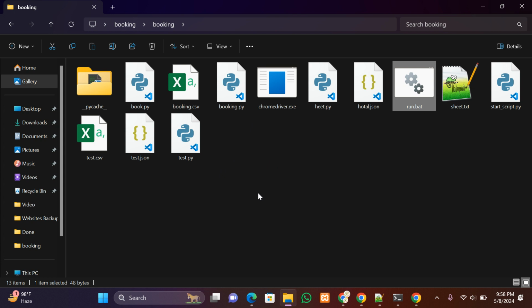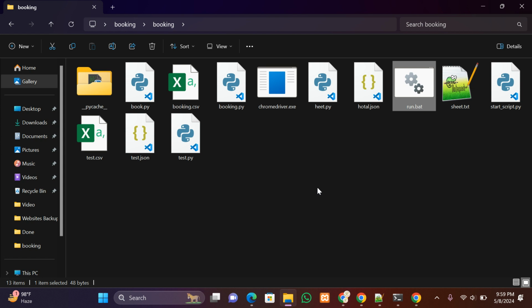simultaneously while running. It will first create a temporary CSV file at the local drive where it is running, like on any server or on a local PC. It will create a temporary file like this booking.csv and add the data during scraping here. Once the scraping is done, this scraper will push this data at once to the Google Sheet and delete this